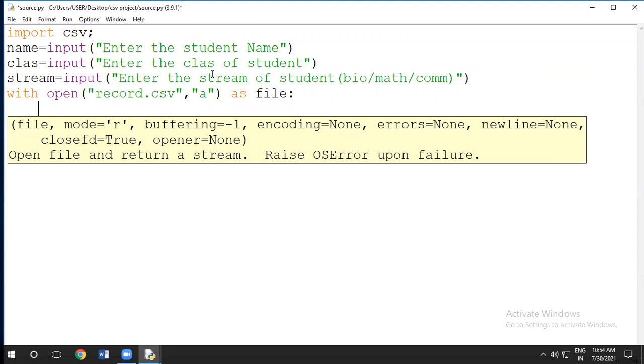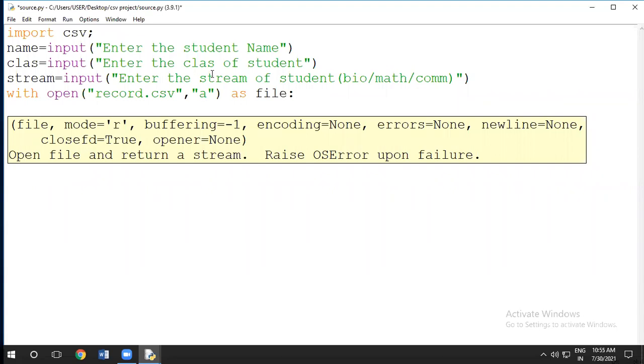Already I told you, if you are working with open, as you come out of the indent of the with open, the file will be closed automatically. Whether we are closing it or not, the compiler will close it. Clear? So that is the one advantage of with open. We do not need to close the file, the compiler will automatically close it. That's why we should always work with open. In the board examination also, they give only such type of questions based on with open.